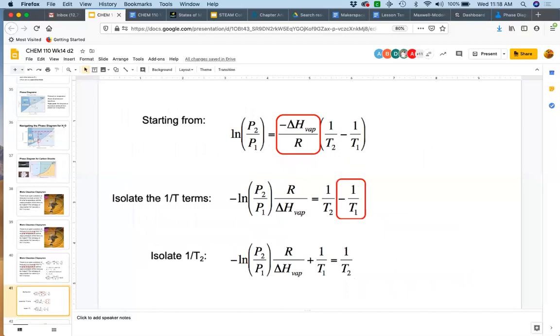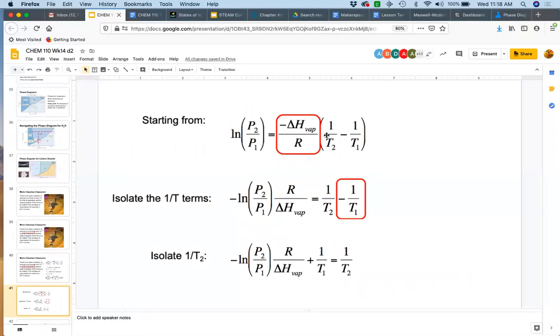So we have to do a little bit of rearranging in order to be able to isolate or solve for 1 over T2. So this is what that algebraic manipulation looks like. I'm going to start from my generic form of my Clausius-Clapeyron equation. I'm going to isolate